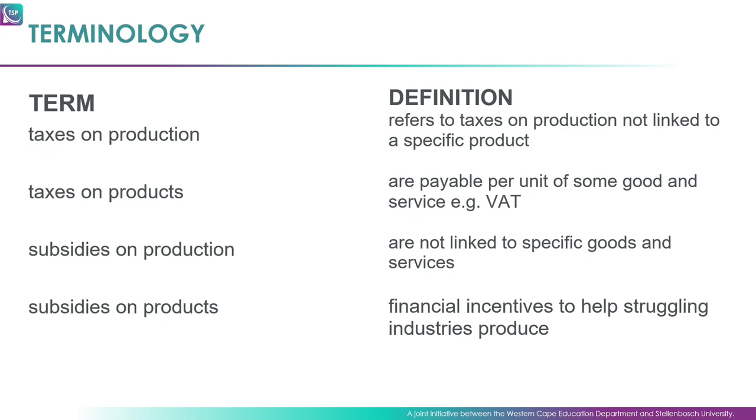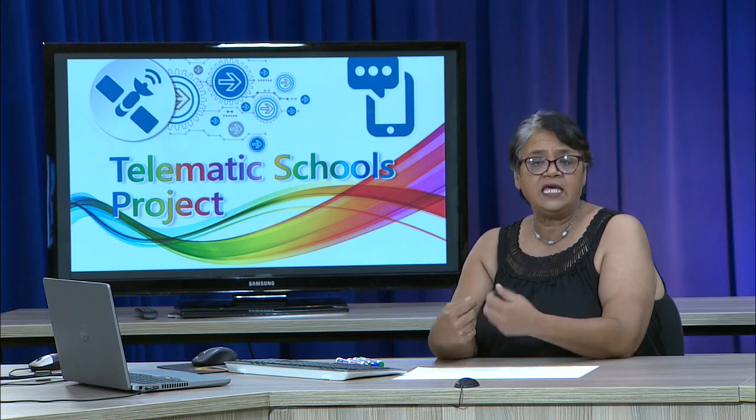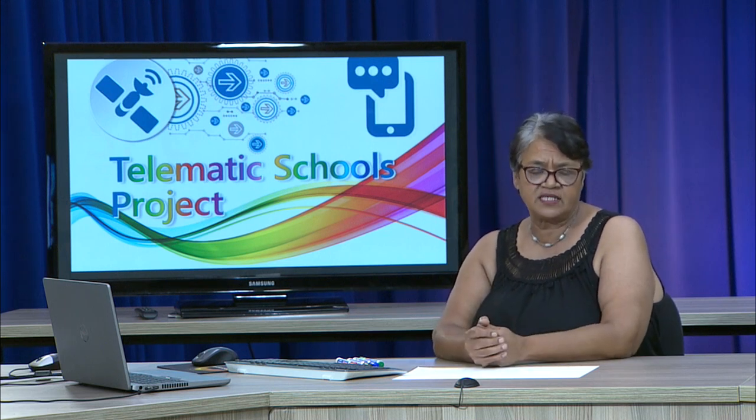And then we also have subsidies on production, which are very similar to taxes on production. They are not linked to a specific good. And then we also have our subsidies on products. These are financial incentives to help struggling industries produce, right? So your subsidies on production, that is when government will help pay for any inputs into the production process,